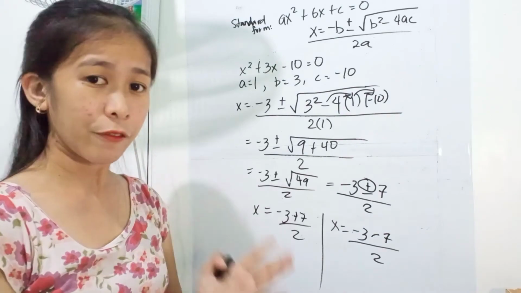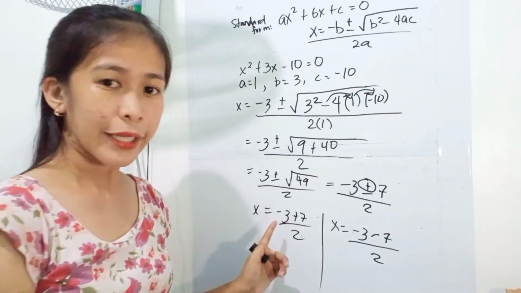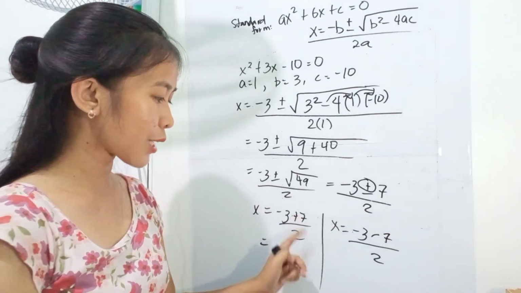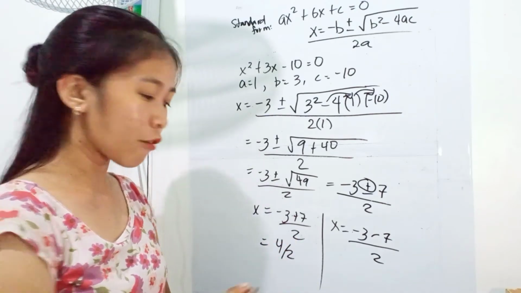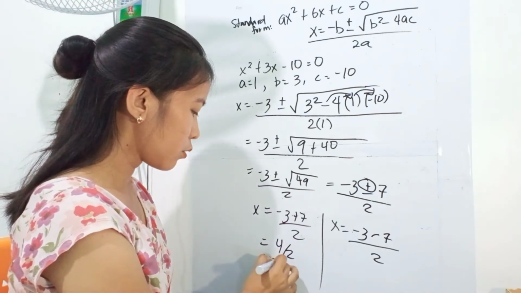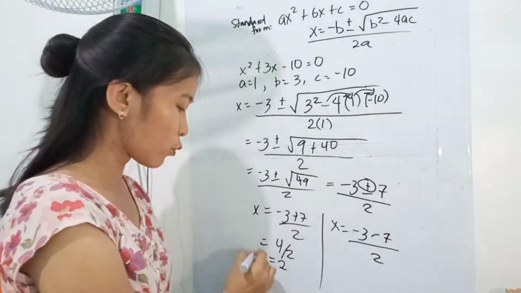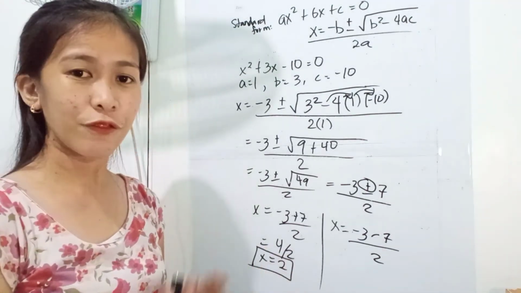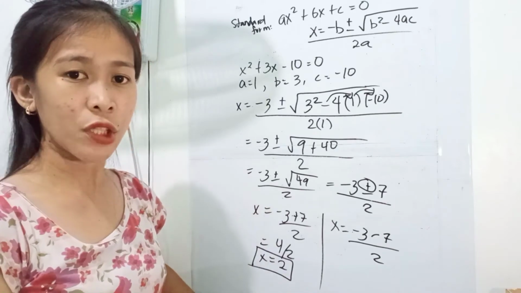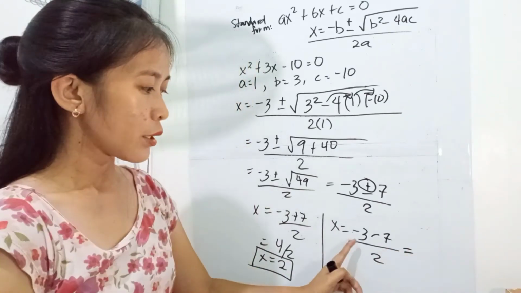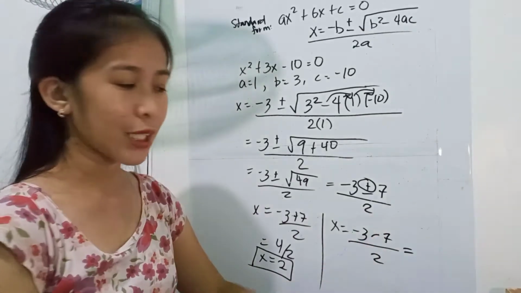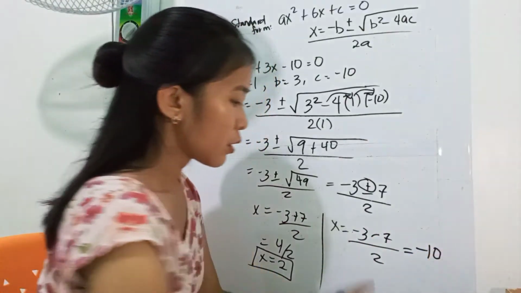And then, just simplify again. We have negative 3 plus 7. That is positive 4. Over 2. Therefore, our x is equal to 2. Kasi 4 divided by 2 is 2. Ayan. Yan na yung value ng ating isang solution. Kunin natin yung next solution natin. We have negative 3 minus 7. That is negative 10. Over